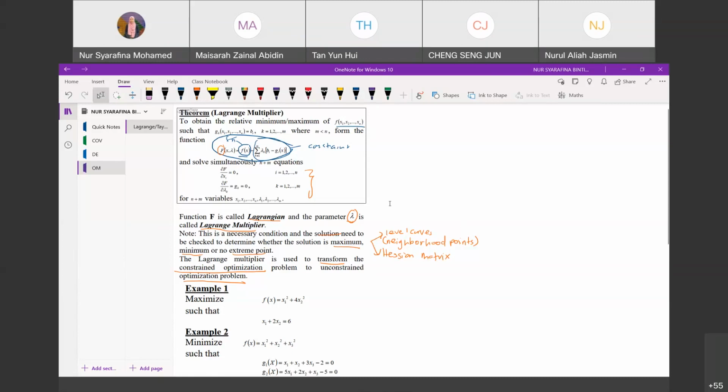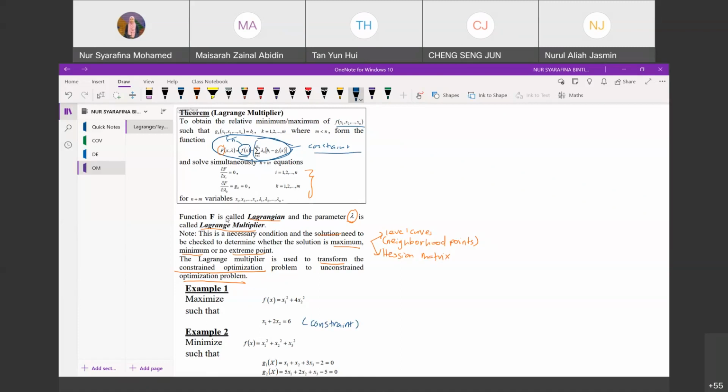Okay, so let's take a look at the first example here. We want to maximize the function x1 squared plus 4 x2 squared, such that x1 plus 2 x2 equals 6. So this is the constraint. Okay, so first, in order to use the Lagrange multiplier, what we need to do is